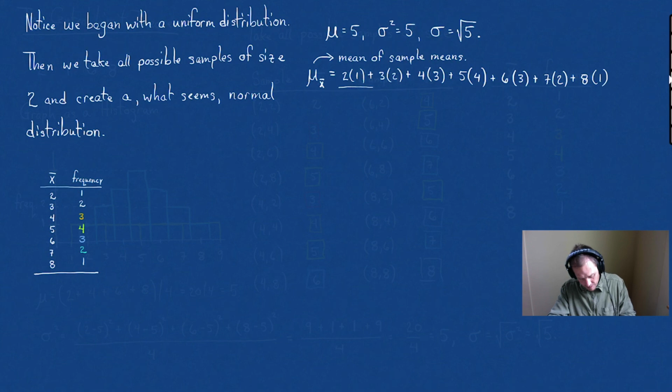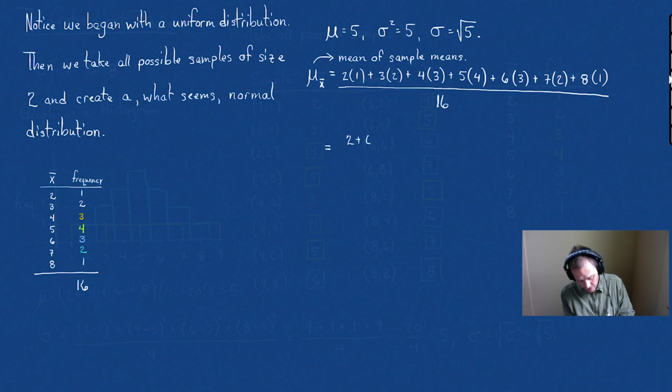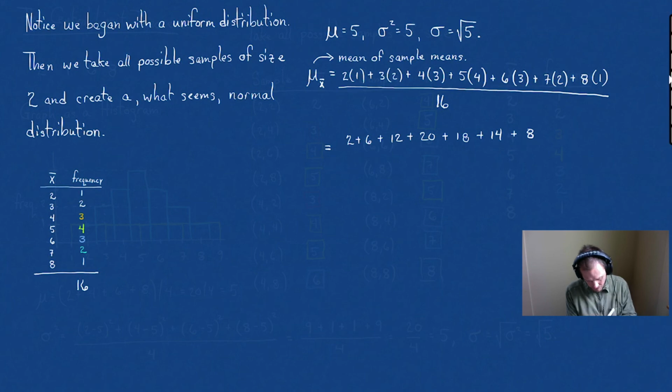But now, remember, previously we divided by 4. But if you recall this frequency, if I add this up, we went from a data set of 4 now to a data set of 16. So we have to adjust our denominator as well. So this is going to be a 2 plus 6 plus 12 plus 20 plus 18 plus 14, oh goodness, plus 8, divided by